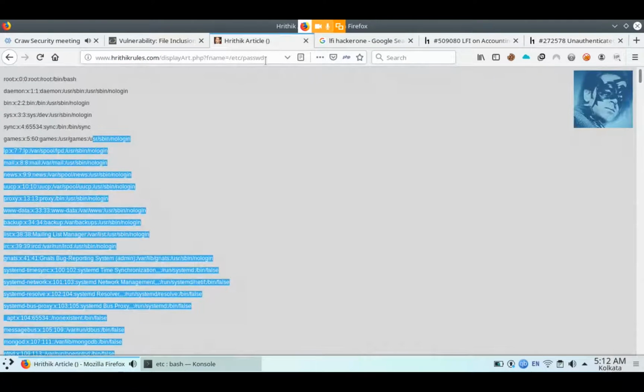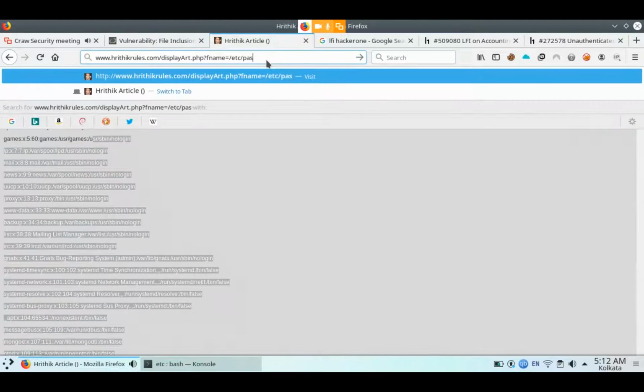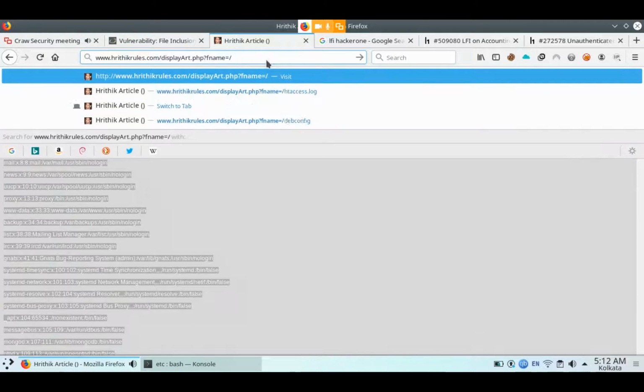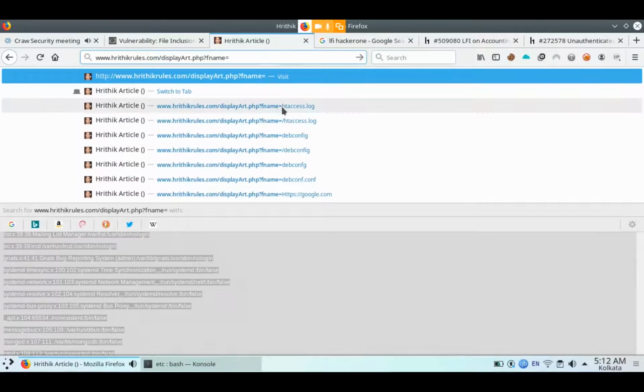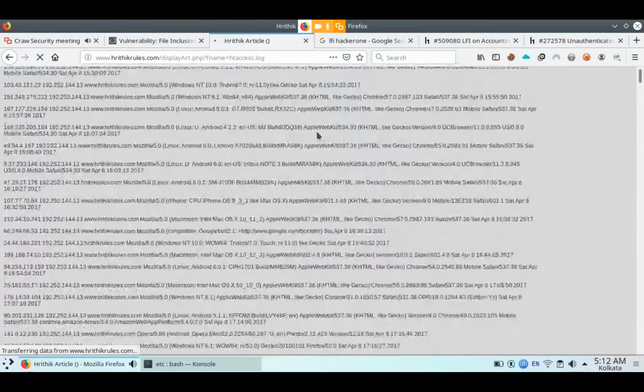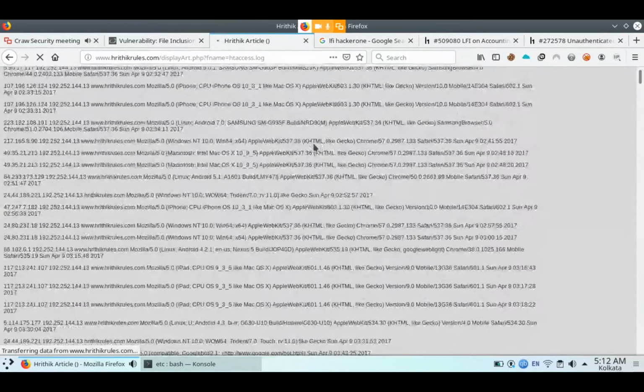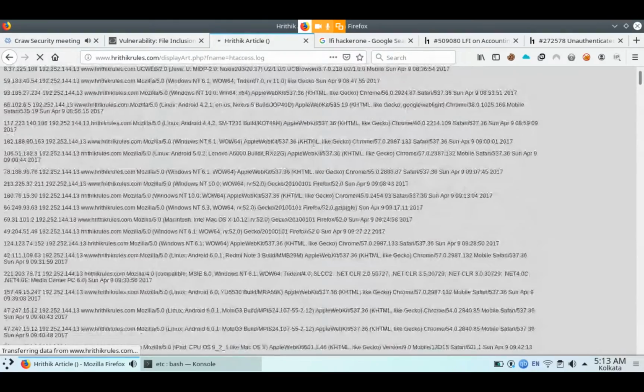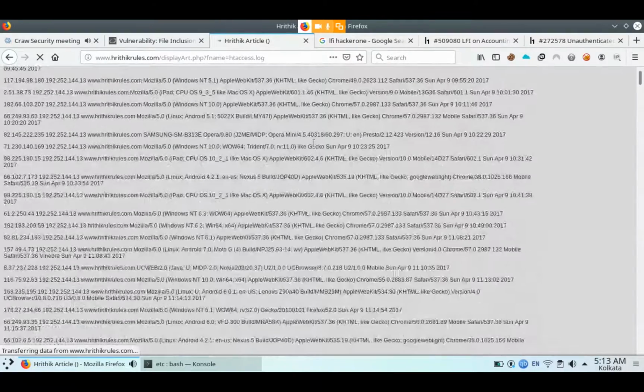If this website is vulnerable through LFI attack, then I want to try to find the log file. To find the log file, you have to type here htaccess.log, and through that you can get all the log files of this website. Wait for one or two minutes.